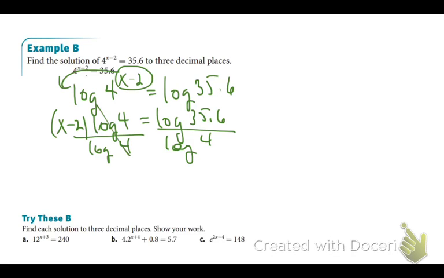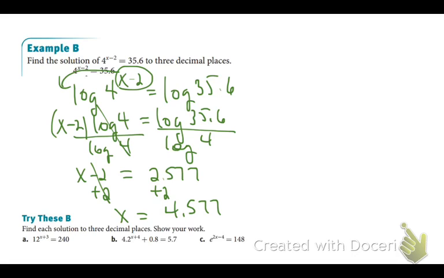Okay. So if we do that, those log of 4s will cancel. We'll have an x minus 2 equal to all of this, the log of 35.6 divided by your log of 4. 2.577. Thank you. Okay, and we're not done yet. Right, we need to do what? Yes, exactly. So you still got to finish up. Add a 2. Oh, I'm thinking ahead, aren't I? Sorry. So those would cancel. So we would get x equal to 4.577. All right. So very similar to the one you just did. It's just that we had a little extra step at the end. So is it always going